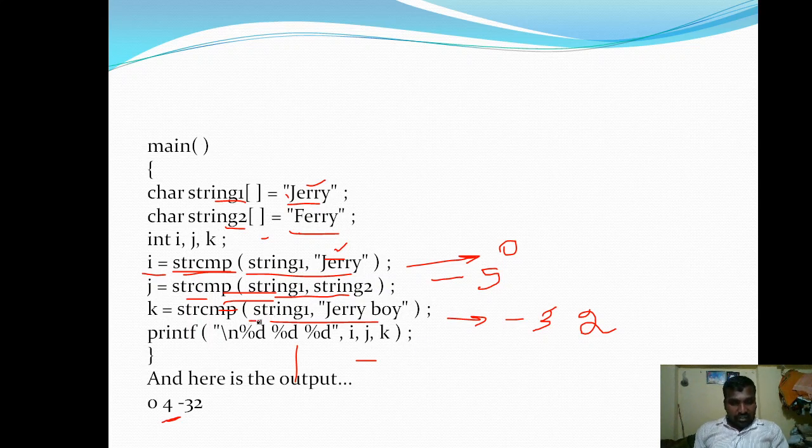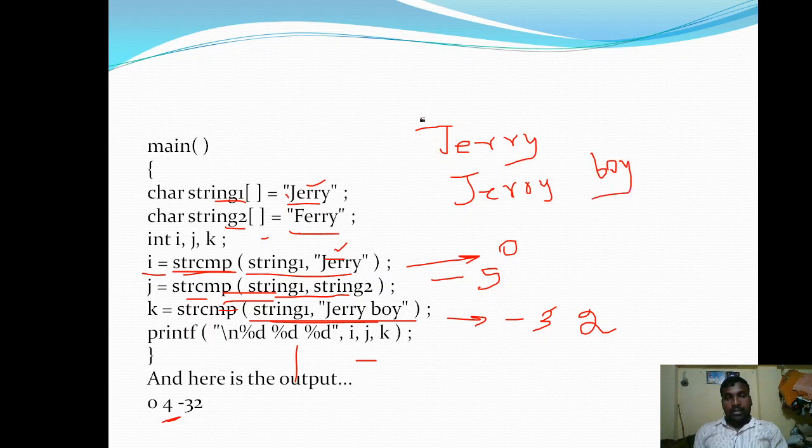Here while comparing, string1 is Zerry and string2 is Zerry boy, and there is a space between Zerry and boy.